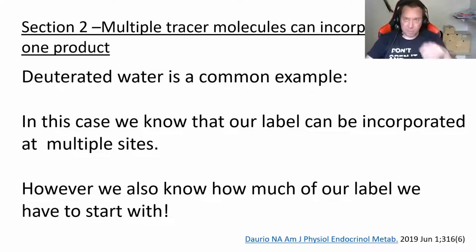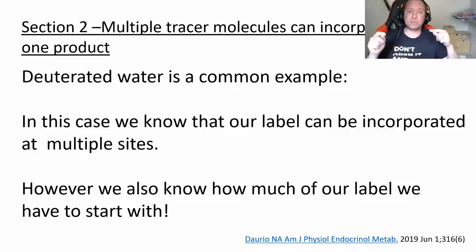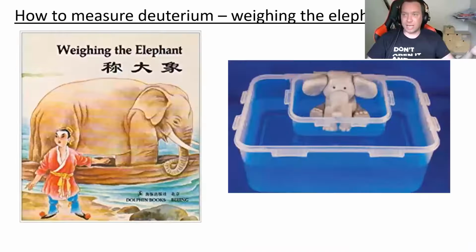Okay, so we're now going to move on to section 2, which is a more generalized case. And this is a case where you can have multiple tracer molecules that get incorporated into one product. And deuterated water is a very common example of this as an approach. And in this case, we're going to know that our label can be incorporated at multiple sites. But really importantly, we're going to know how much of our substrate we have, how much of our label we have at the start. And so in order to know that,